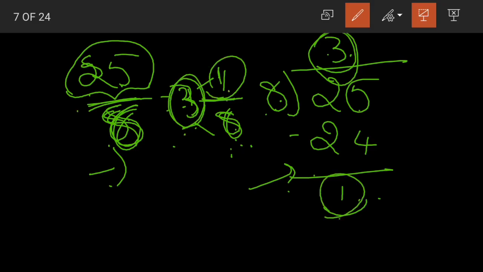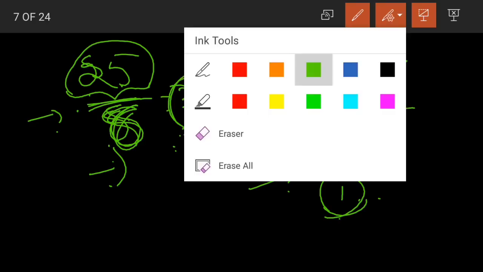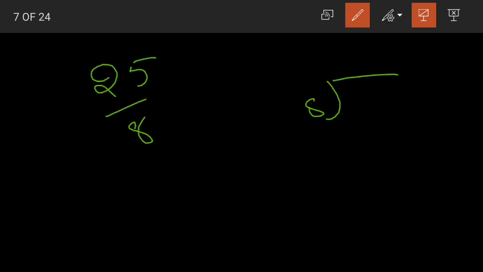Yes, students. So only an improper fraction can be converted into a mixed number, because in an improper fraction the denominator is lesser than the numerator. Then only we can divide the number and get the quotient and remainder. Now let me explain this again. 25 by 8. See, we know that 3 8s are 24. 1 will be our remainder.